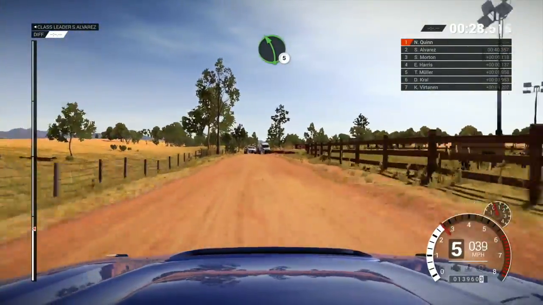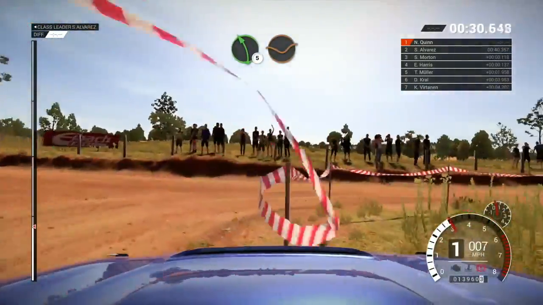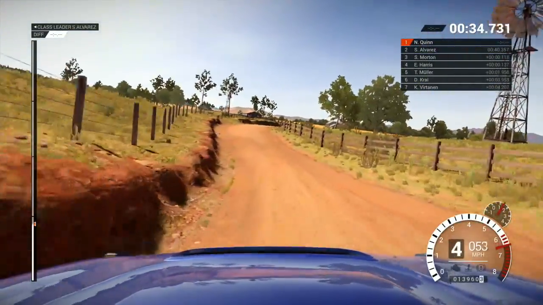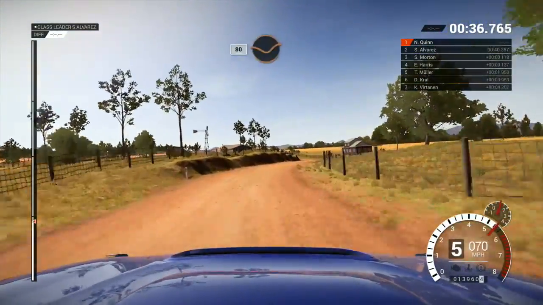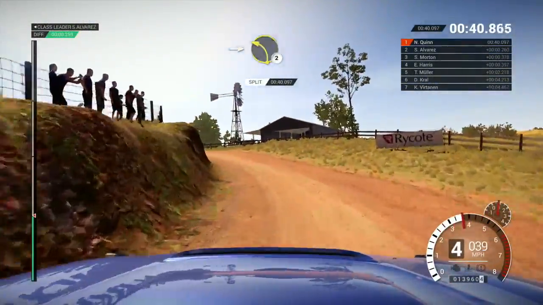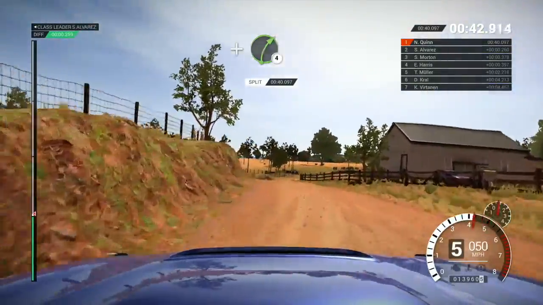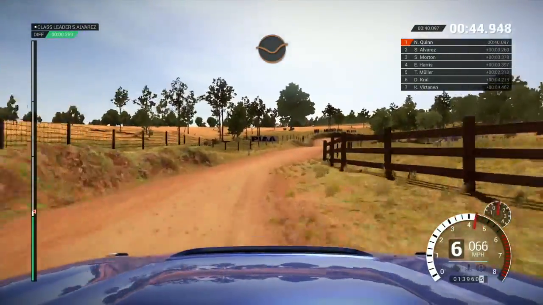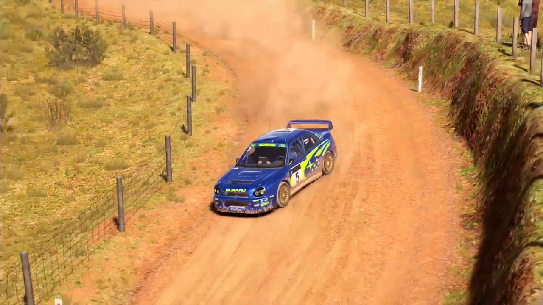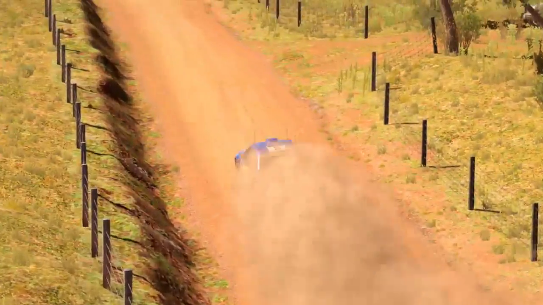So coming under braking now for the hairpin, and got a bit jittery on the brakes. It's not a good start, especially as the 2007 Ford Focus, the top speed that car reached down the start straight was 124 miles an hour, 3 miles an hour more. But, well, this Subaru Impreza, I mean, they say never meet your heroes, but this for me is the rally